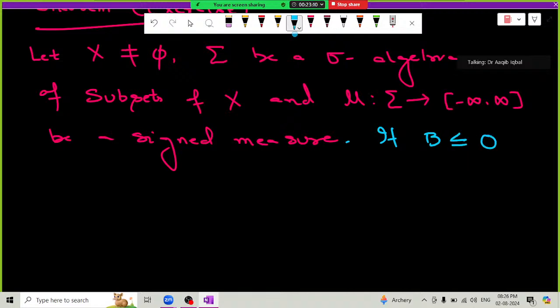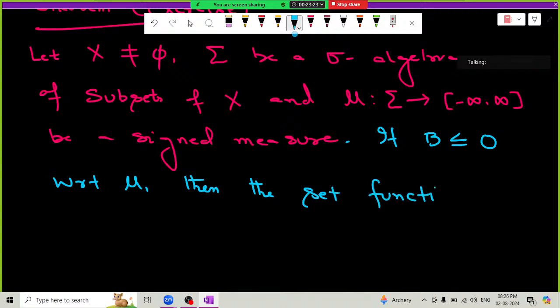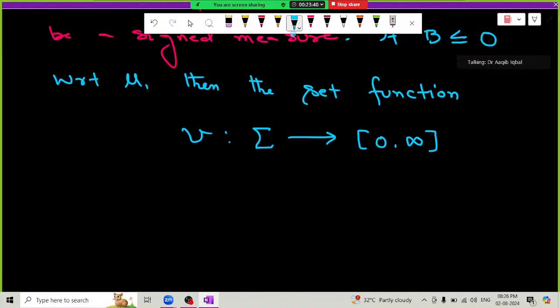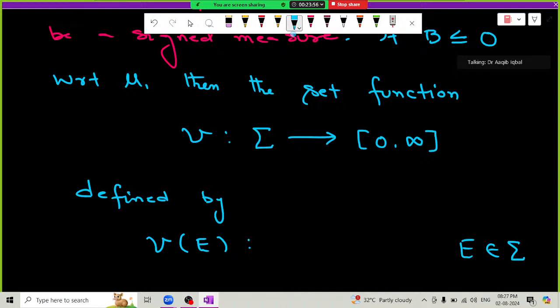We write this: B less or equal to 0. If B is a negative set with respect to the signed measure mu, then the set function nu from capital Sigma into 0 to infinity, taking values in 0 to infinity, defined by this rule: nu when evaluated at E, where E is of course coming from the sigma algebra, is defined as